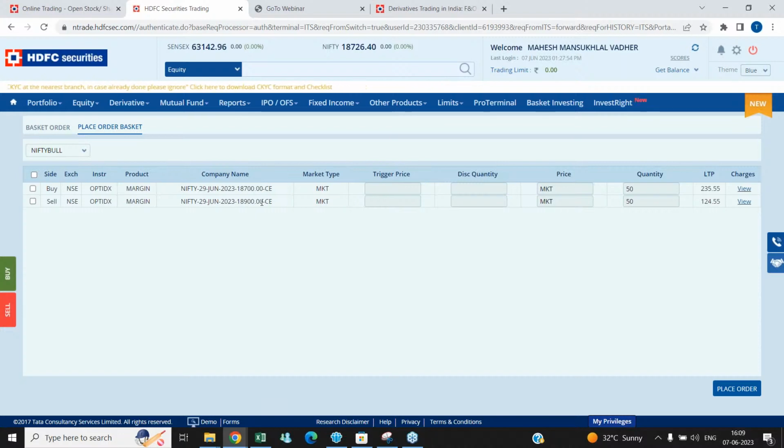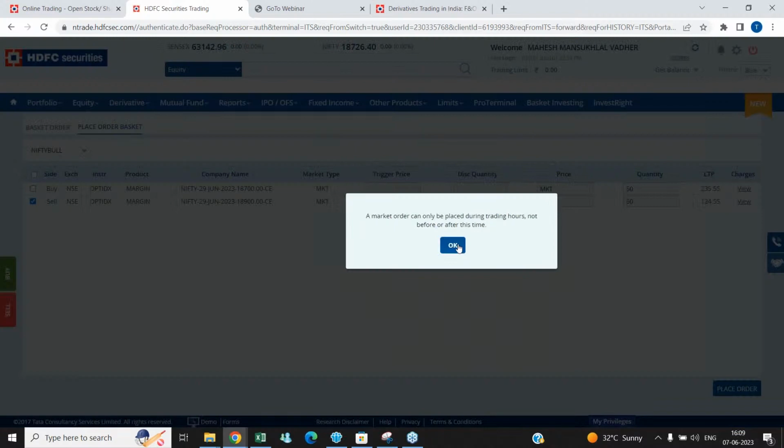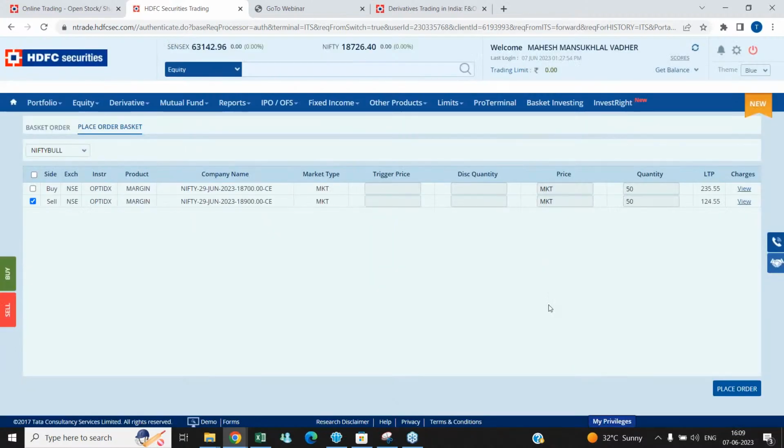To get this hedging margin benefit, first you need to initiate this buy leg, click on buy, and then place this order. And once you are done with this buy, then you can click on sell and place this order. So always remember when you are executing this strategy, if there is a hedging strategy, to get this benefit of hedging margin involved, first initiate a buy leg and then initiate the sell leg to get this margin